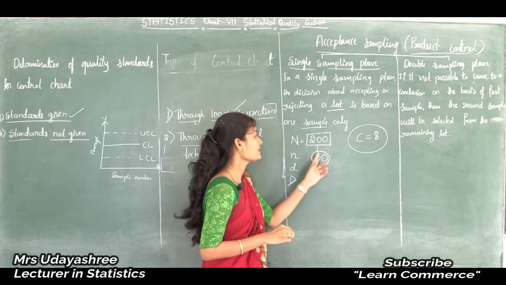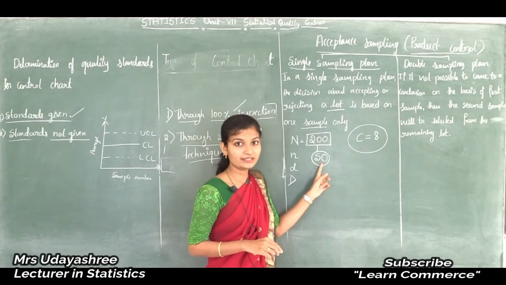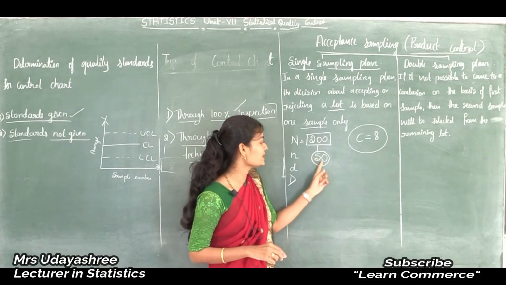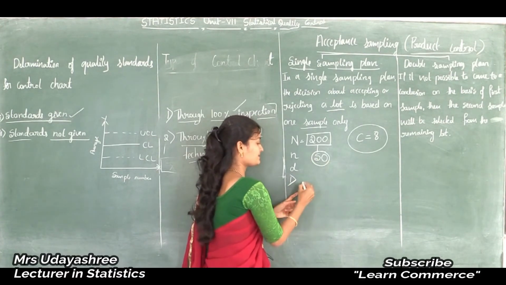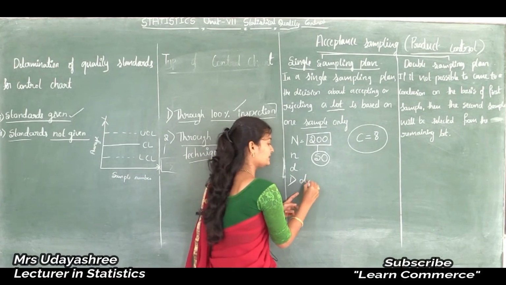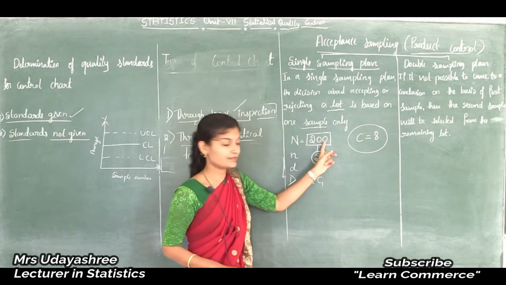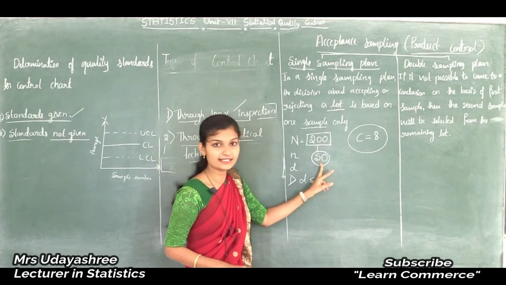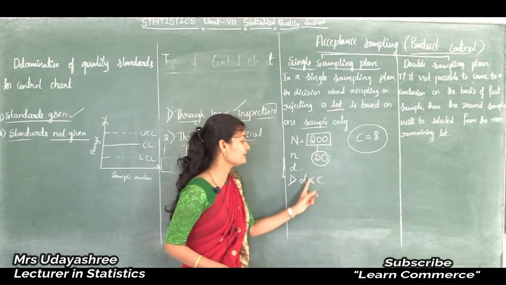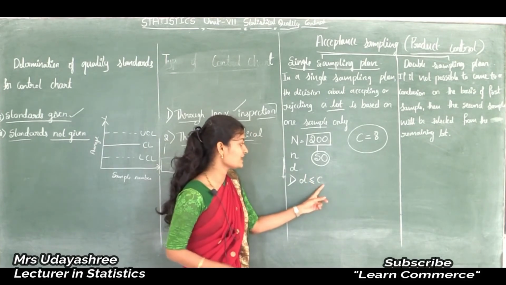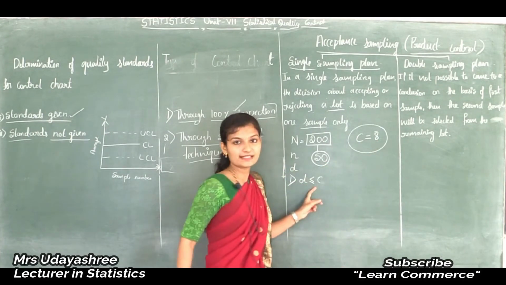First, after selecting the sample, each and every sample is examined. After examining each and every sample, if we get defectives, and the acceptance criterion is D less than or equal to C, I'm sorry, this is C. If the number of defectives is less than or equal to this acceptance number, then